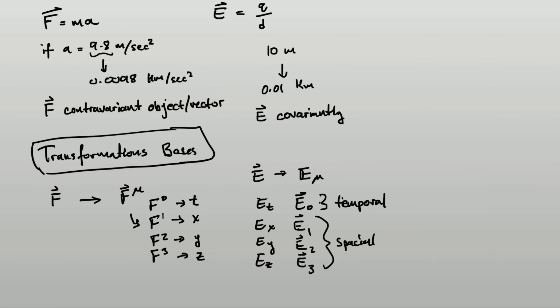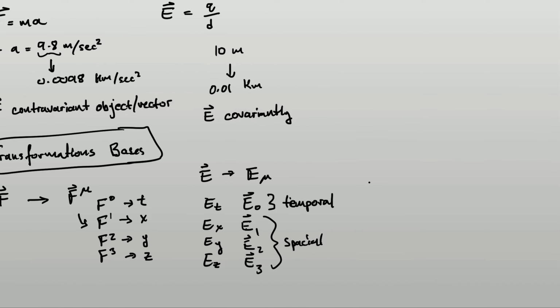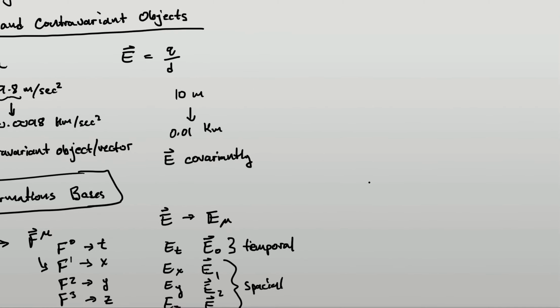So this is going to be really important. There's a couple of other ways we'll be able to denote this kind of stuff that you will see very frequently in general relativity and even in quantum mechanics, because the idea here is that every covariant object, every contravariant object, every covariant contravariant object,